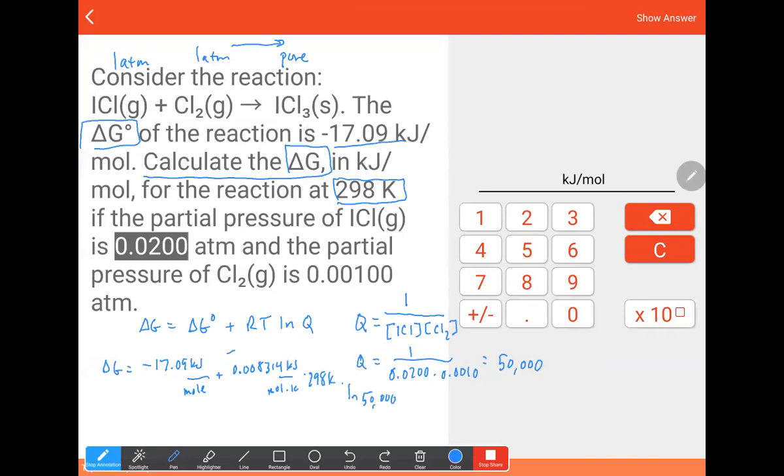So I'm going to do this second half first. So I'm going to say 0.008314 times 298 times my natural log of 50,000. And I get